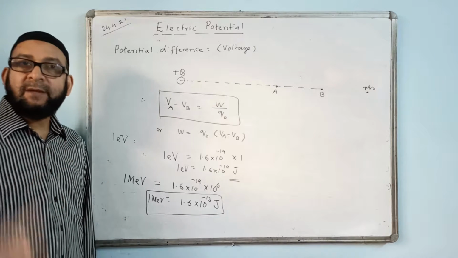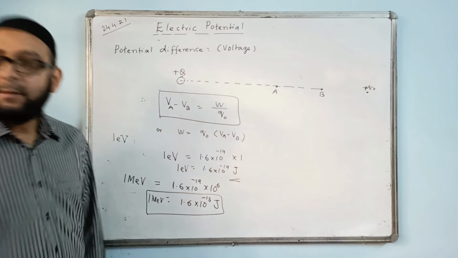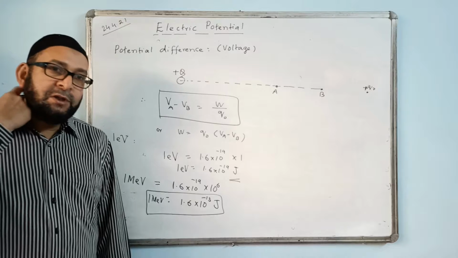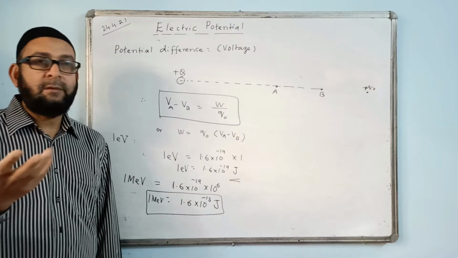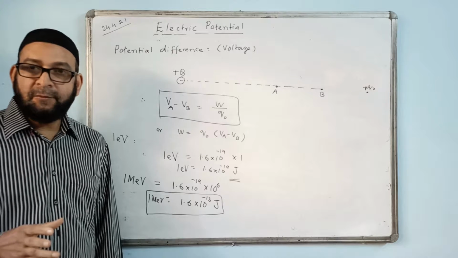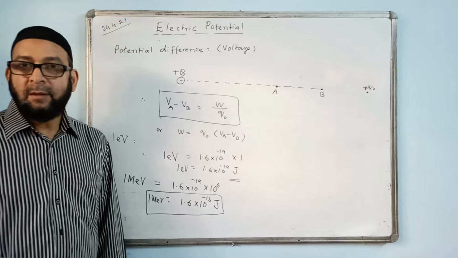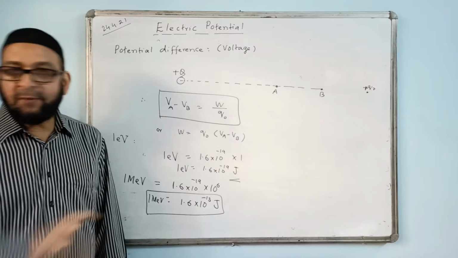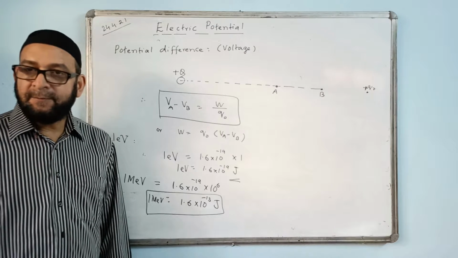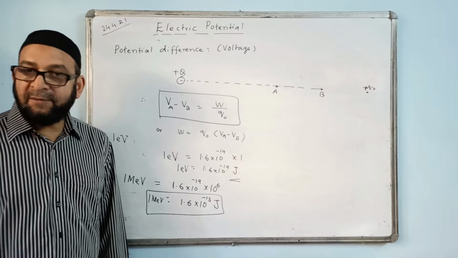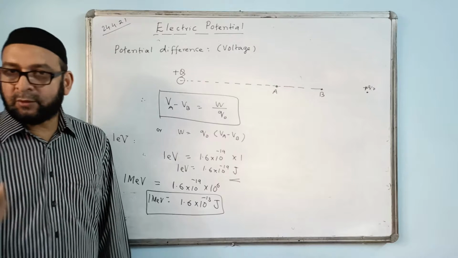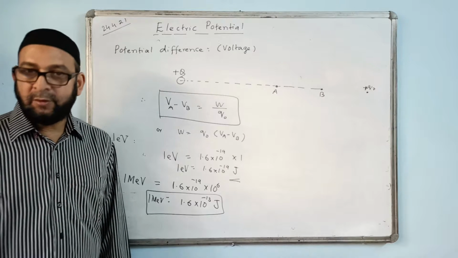Similarly, if I take the other way, the energy of an electron is 1 eV. How much is the value of voltage applied? We say 1 volt. Energy value is 5 eV, 5 electron volt. How much is the voltage applied? 5 volt. Electron is always 1. The value of voltage is 5 volt.